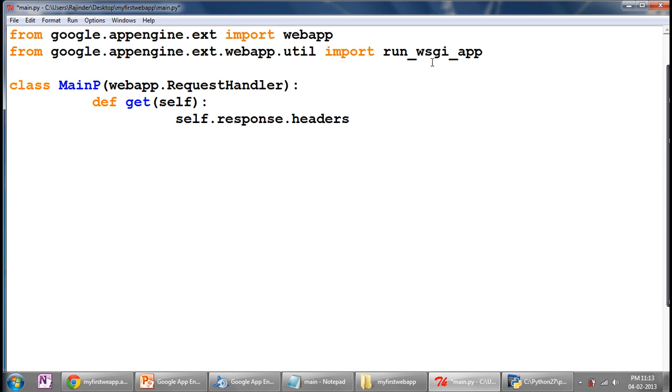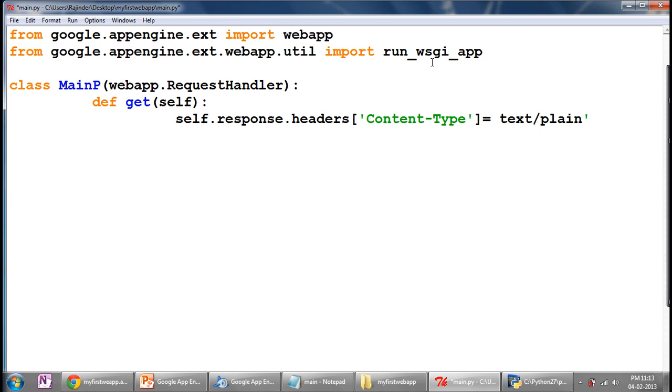self.response.headers content-type is equal to text/plain.